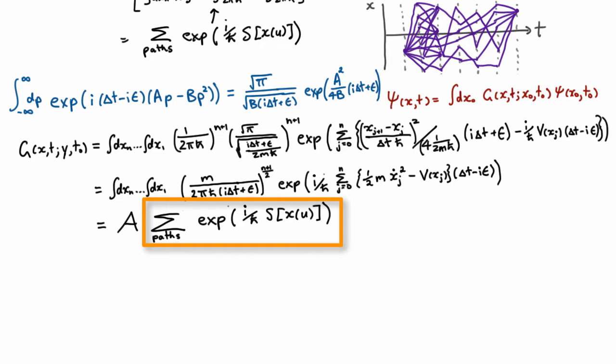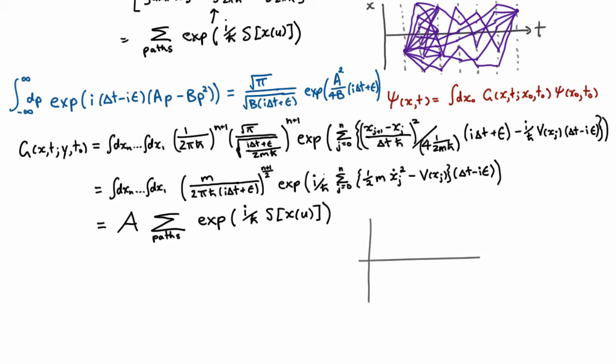Now note that here all paths are equally important, so there's no sense in which the path with the least action is special in any way. But it still turns out to be very important for reasons I can explain. If we parameterize the paths, we have these purple paths, if we have one of those being the least action, and we're going to take one of the points here and move it, so instead of being the least action it's going to have some little discontinuity, then we can sort of plot on an axis